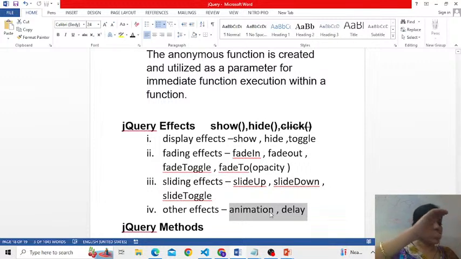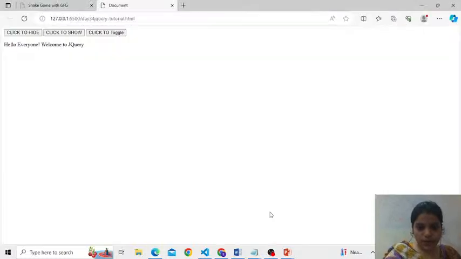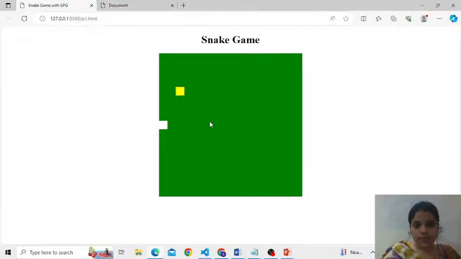People, after tomorrow, when we complete the complete jQuery, I want you people to work on one mini project. Okay, the project is like this snake game. The snake game. It doesn't require any hard and fast code. Whatever JavaScript, CSS, HTML and jQuery we have learned so far, you can create the game this way. Right? For example,